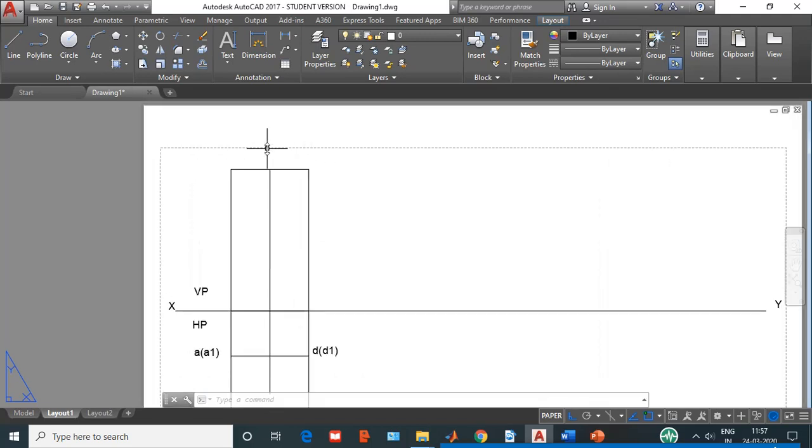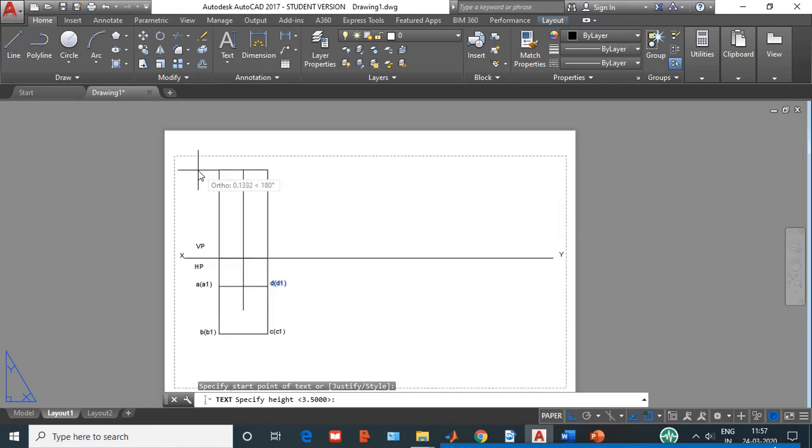So henceforth when I am writing the namings here, I should make sure A and D are within the brackets. I will take single line text, click here. First, B dash I will write outside because it is visible to the observer. First I need to give right 0. So B dash outside the bracket and then within the bracket A dash, then here it will be C dash, within the bracket D dash.